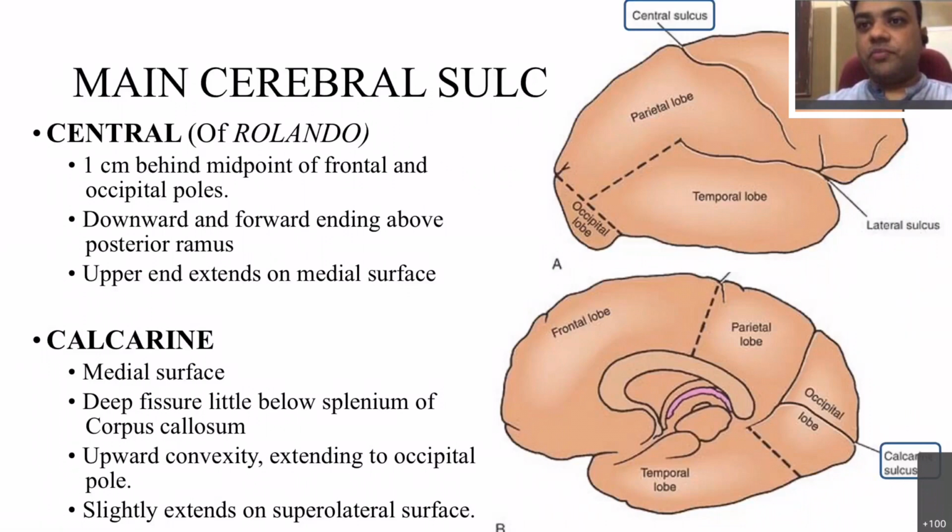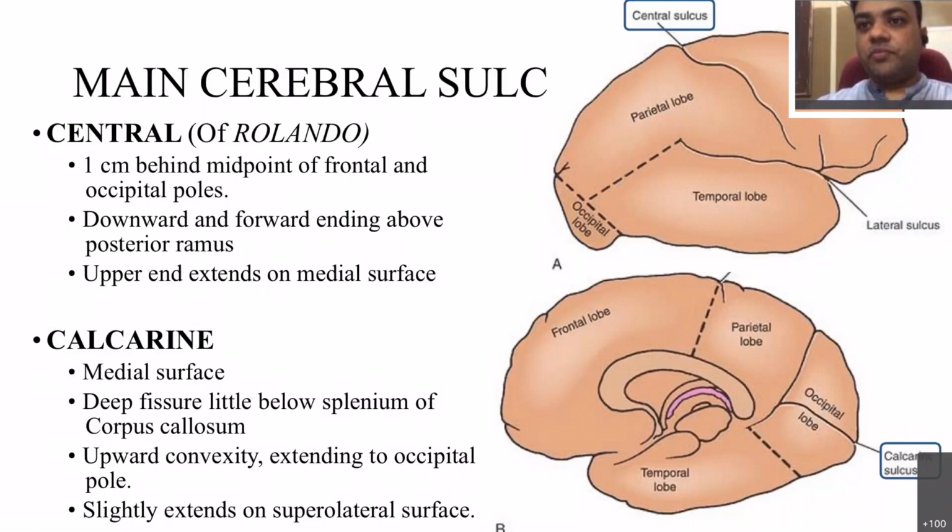तो सबसे राइट में जो पोल दिख रहा है फ्रंटल लोब का, that is known as the frontal pole, और सबसे लेफ्ट में ऑक्सीपिटल लोब, जहाँ पे लिखा है डायग्राम ए, तो वो जो पॉइंट है ऑक्सीपिटल लोब का, that is known as the occipital pole. और टेम्पोरल लोब जो दिख रहा है उसके सबसे आगे का पॉइंट जो है on your right side on the temporal lobe, that is known as the temporal pole.